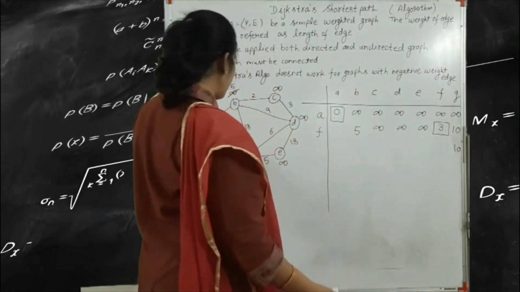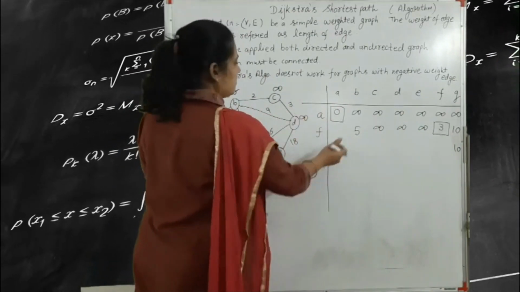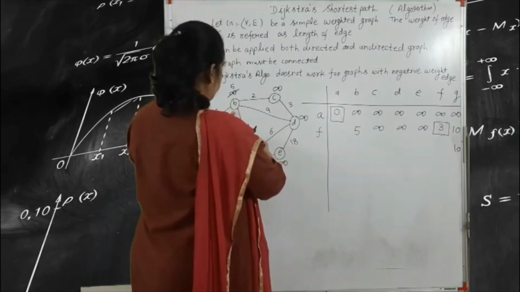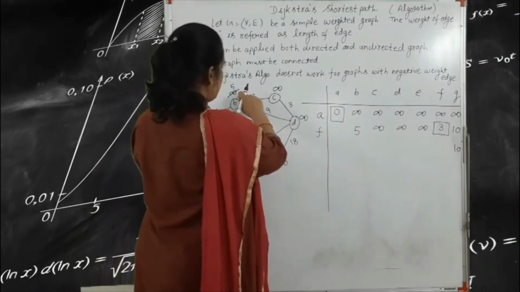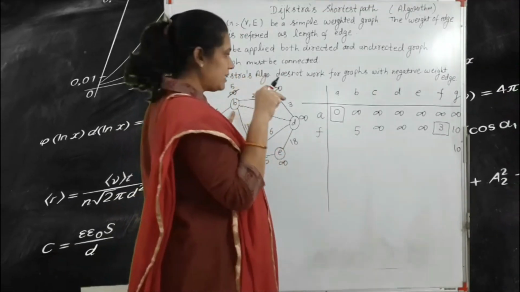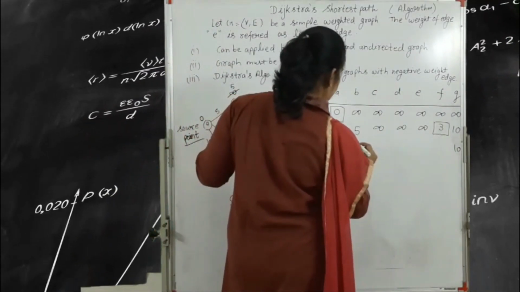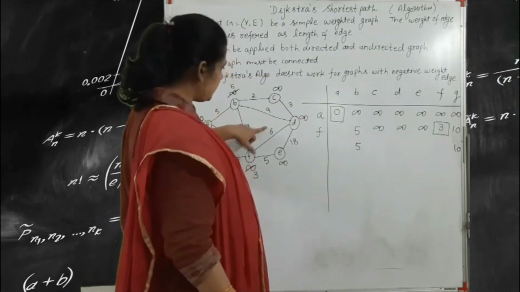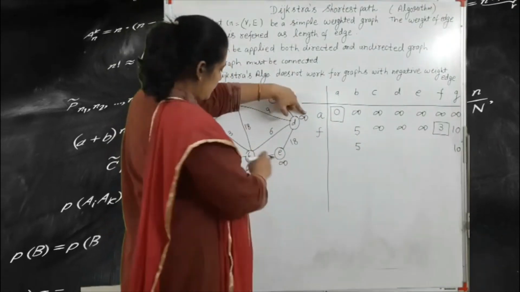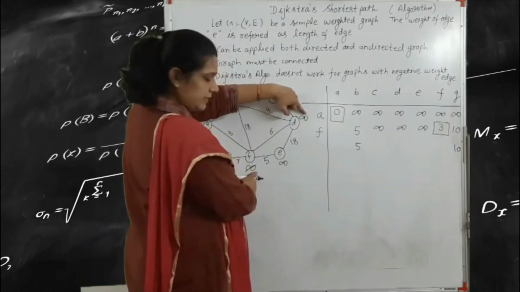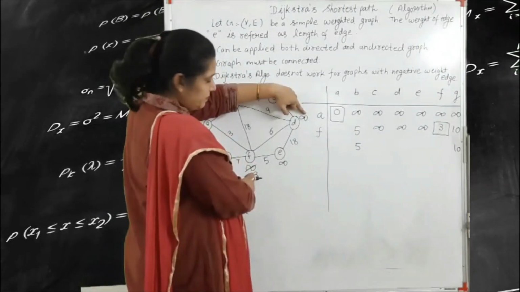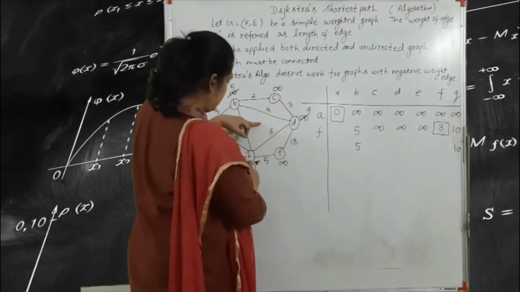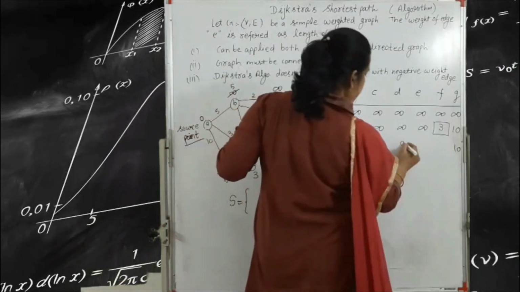Okay. F to A, we write here the 0, or you write here the blank sign. F to B, here 18 plus 3, 21. So the minimum value is already written, the 5. So A to B we write here the 5. Got it? Next one is F to D. So F to D here is the infinite value. But here F already has the value 3, that is the third line. So 3 plus 6, 9. So we write here the 9 value. That means F to D we write here the 9.